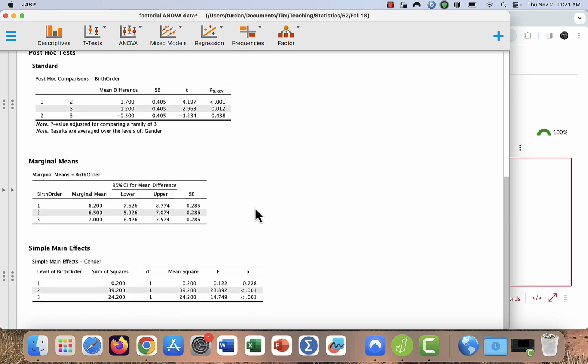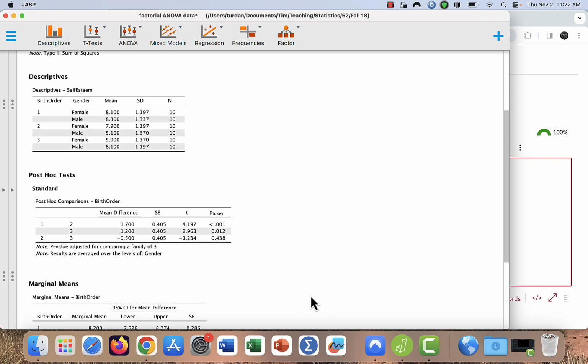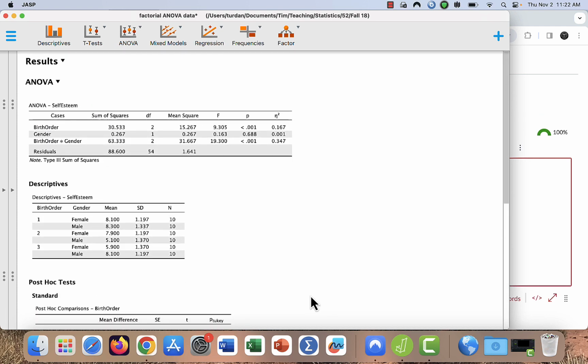Okay, if I flip those around, now I get this. Among firstborn kids, is there a gender difference? Do the males and females in that firstborn group differ? No. Do the males and females in the secondborn group differ? Yes. Do the males and females in the thirdborn group differ? Yes. So these are some of the things that you can look at with